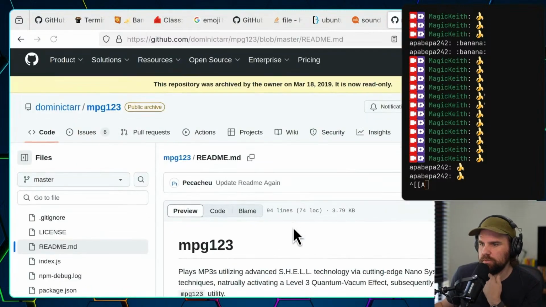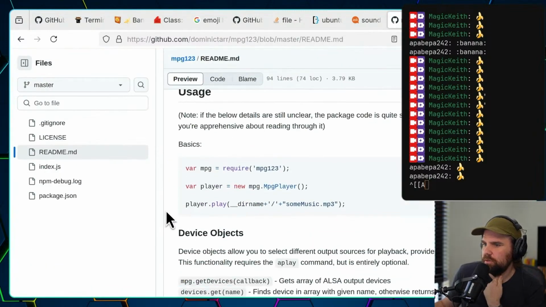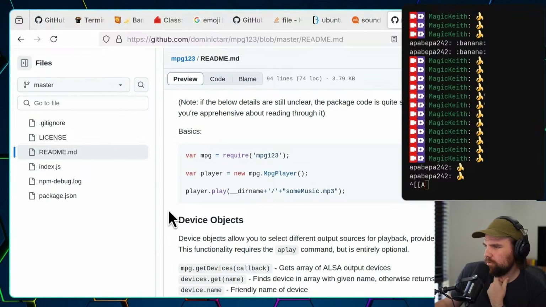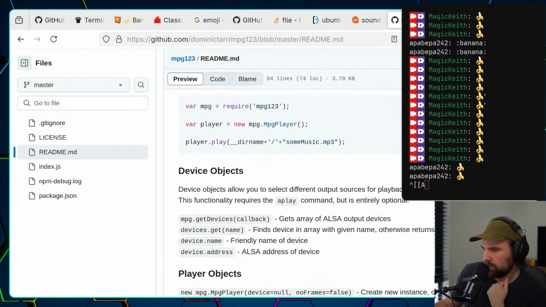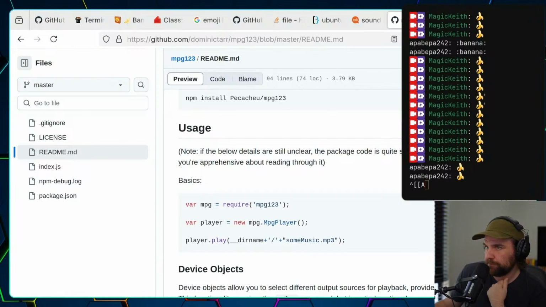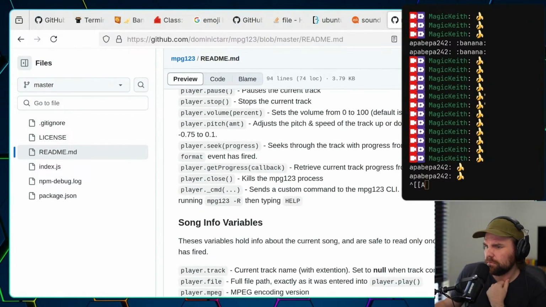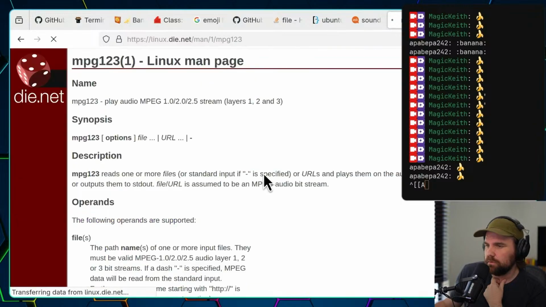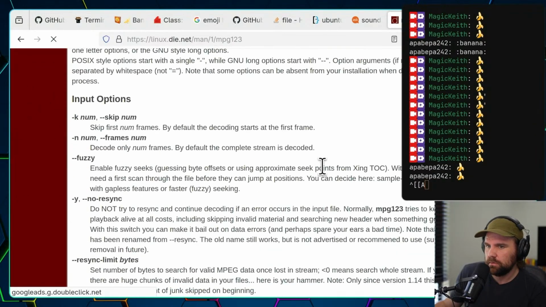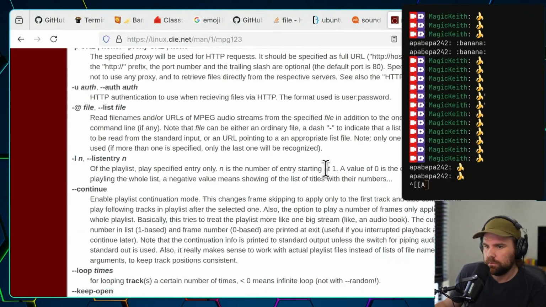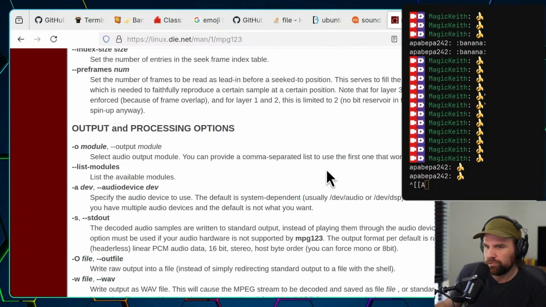Device objects. Usage. The device is provided using the ALSA. This is not what I want. This is what I want. Specify the audio device.